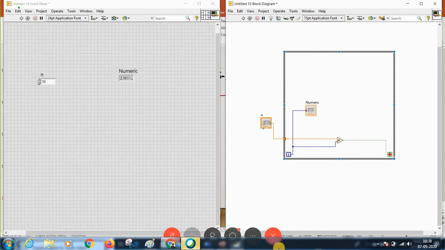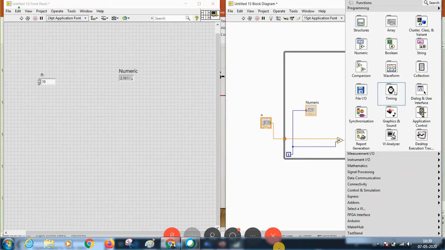Is it clear? So with the condition I gave as n, the while loop has started from 0 to whatever the n is. Here there is no n minus 1. It is n. When i becomes equal to n, that is 10, you get a true condition. That true is given to your loop condition, and whenever it is true, it will stop the while loop.